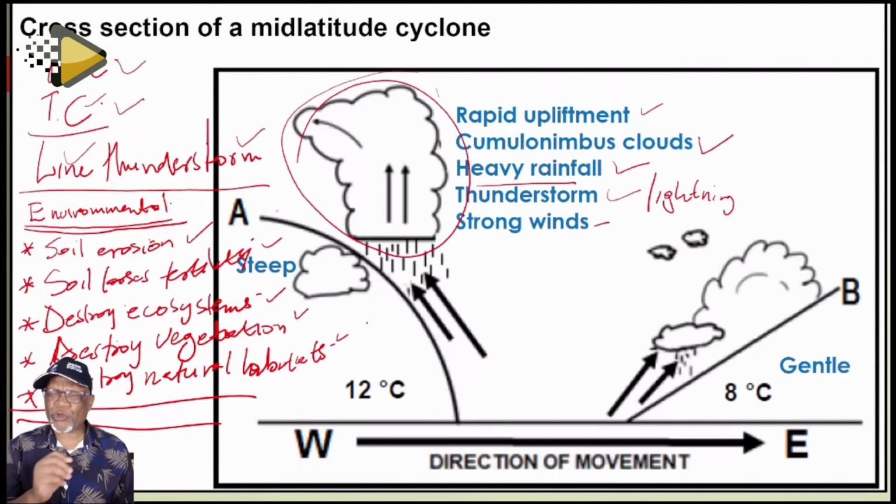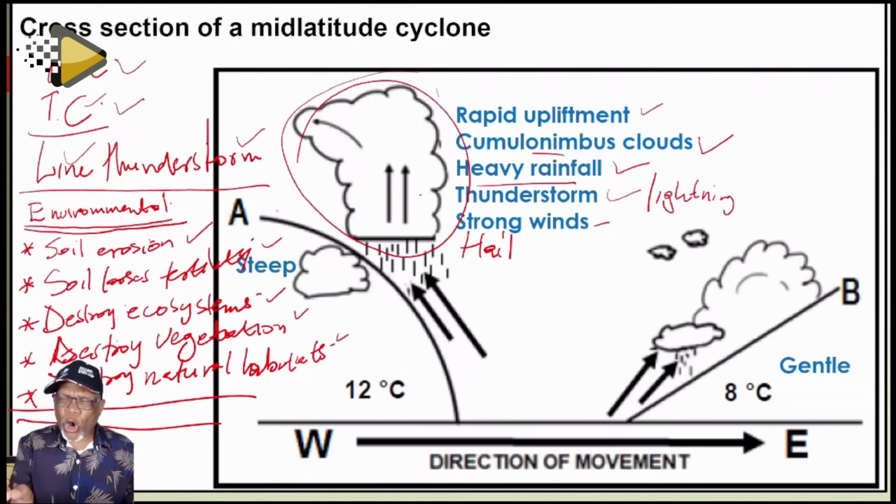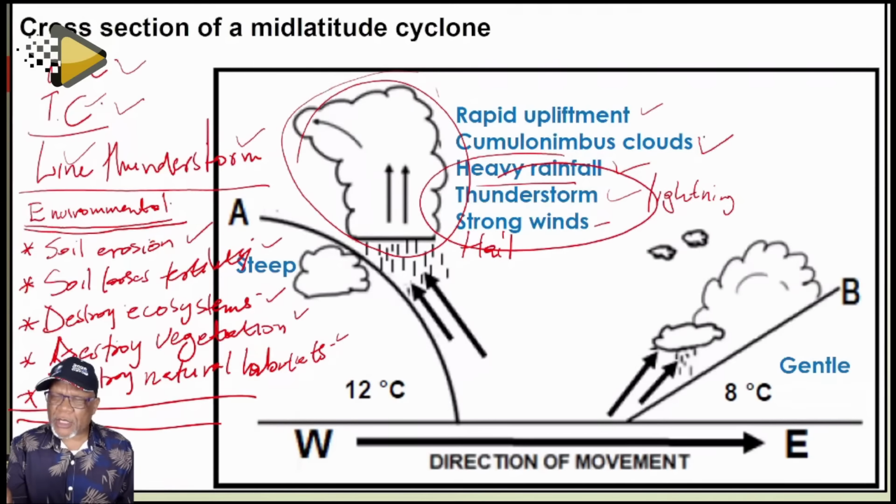And what you must know about cumulonimbus clouds is that they are associated with rapid upliftment. They develop because of rapid upliftment. They are associated with heavy rainfall, and you can also add hail, thunderstorms and lightning, and strong winds. So all these weather conditions are the conditions that can be associated with